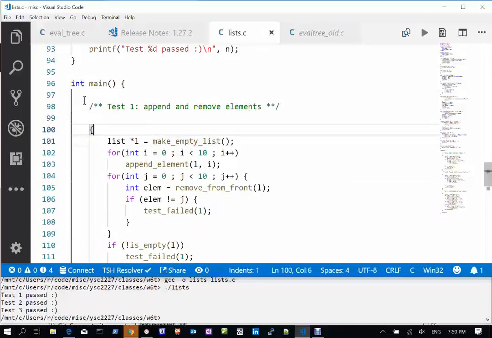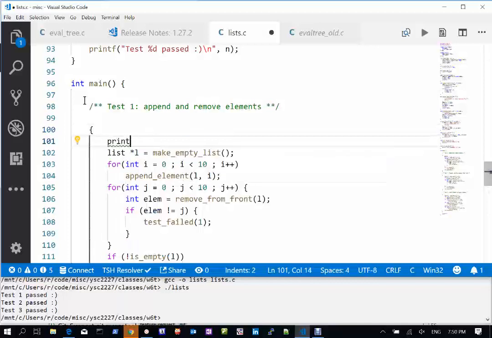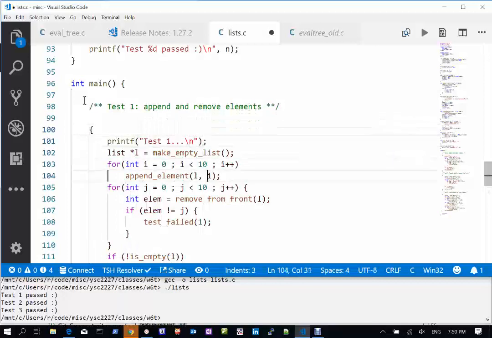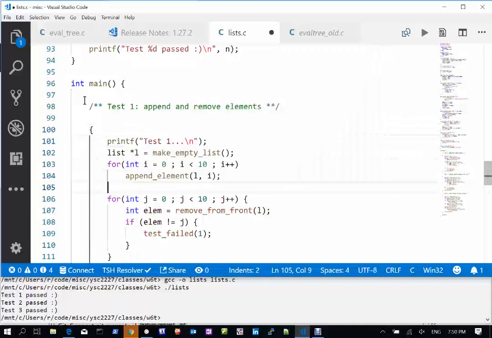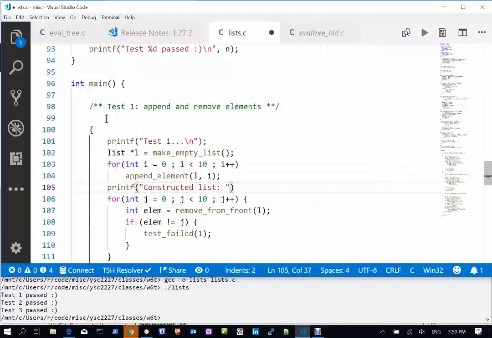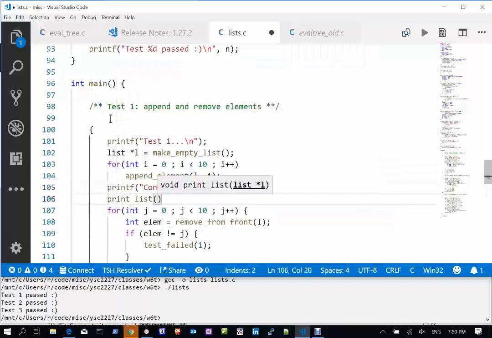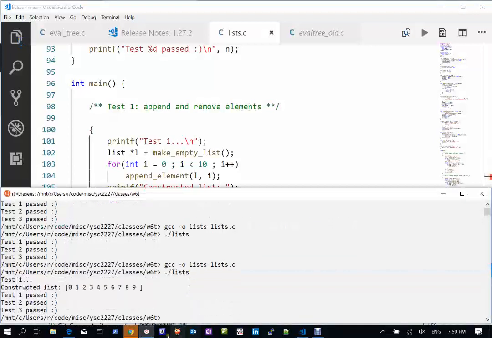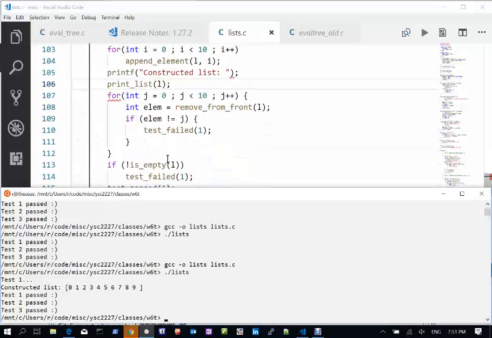So let's make our test a little bit more friendly. So we can say printf test1, and then here we can say printf constructed list, and then print list of L. And right now we have test1, right, and we have the list, right, and we say that test1 passed, and we can be nice